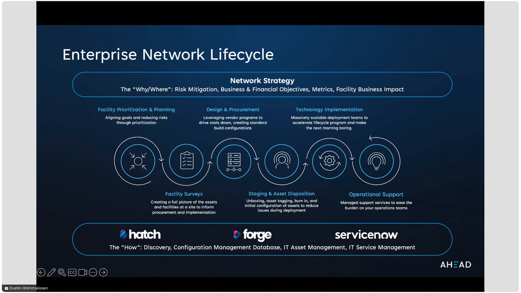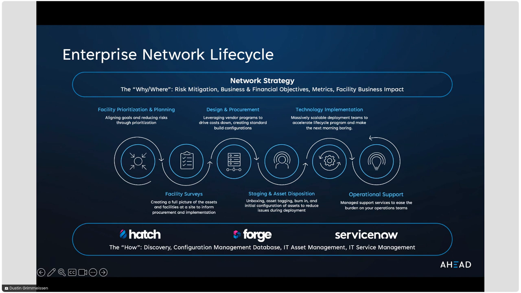How do you stage and put down base level configurations to deploy that equipment, all the way through operational support. We look at this as an end-to-end life cycle, and you have to have a very strong perspective on how to handle this life cycle to be able to then transform on top of those networks.